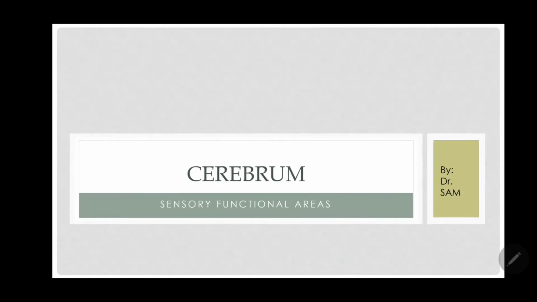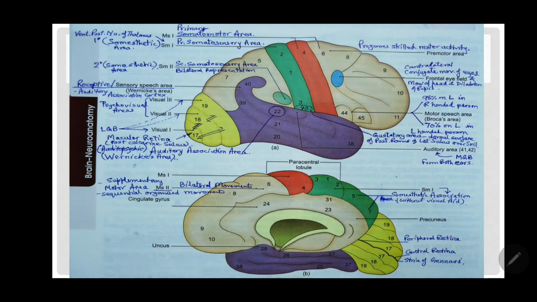So let's begin with this. Here you are seeing the two surfaces of the cerebral hemisphere. Here is the supralateral surface, and this one is the medial surface. On the supralateral surface, again you see the central sulcus, and behind that is the postcentral sulcus. In between the two is the postcentral gyrus. Now the postcentral gyrus is the primary somatosensory area, or primary somesthetic area, as you can also call it.